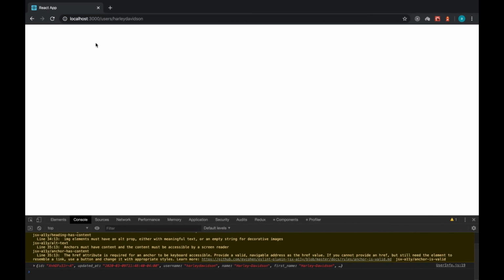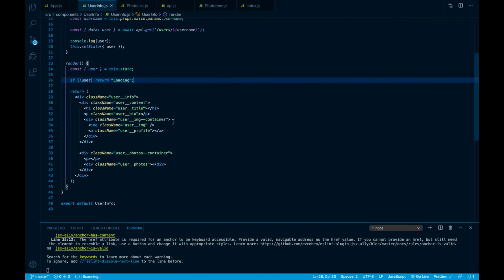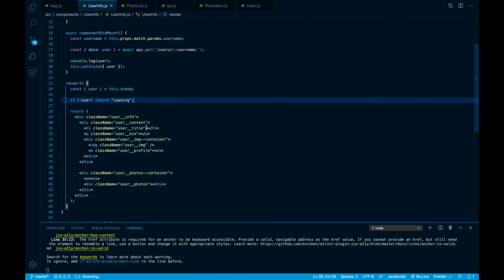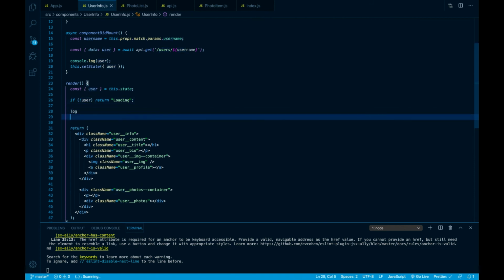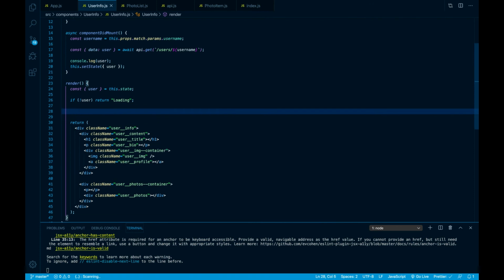Now if we go back, we cannot see anything up to this point because we have to use the user object first, then we will see some difference. As you can see, ladies and gentlemen, in this video we have set up the state, and now we have the ability to display some information using this state right here. So if I go ahead inside my render method, I'm just going to say